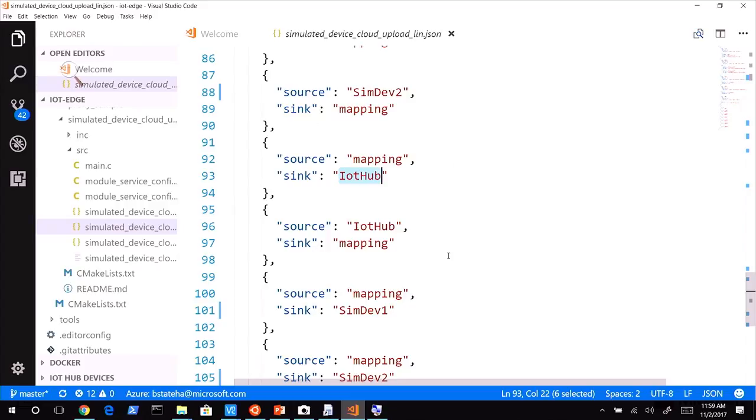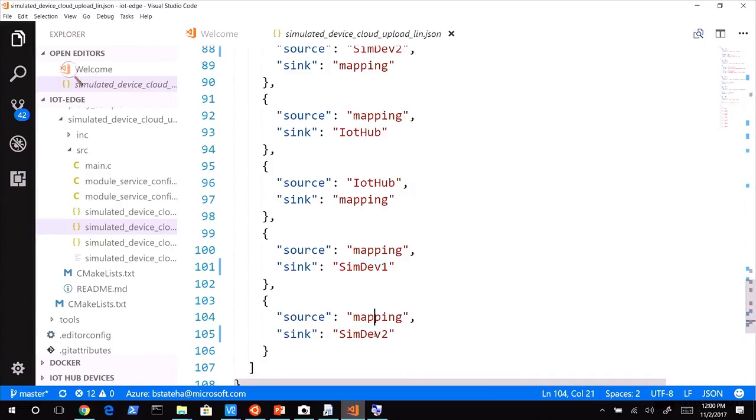You could also have cloud to device. It's possible to have a situation where we want to send a message back downstream from the cloud to the device. So if the IoT hub gets a message in, it'll send it to mapping, so it can turn back around to get the MAC address, and then mapping can send it to my module, so that my module could actually go talk to the device and do something with it, right? Similarly for SimDev2. So if I go back and run this sample,